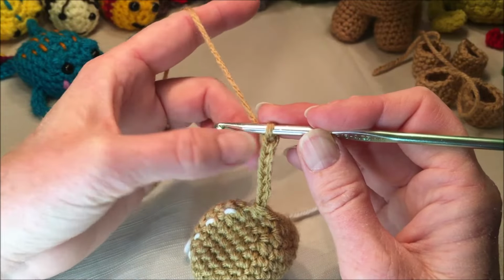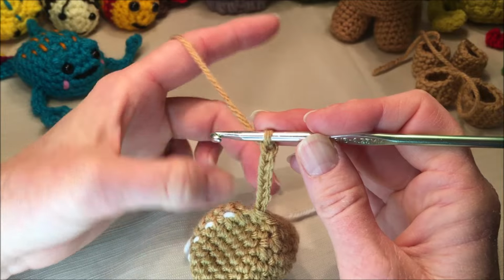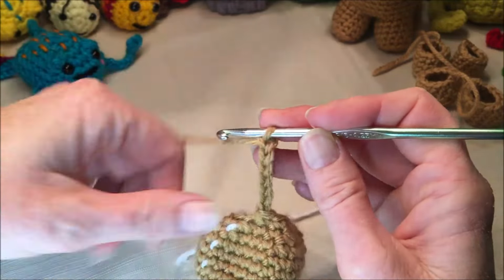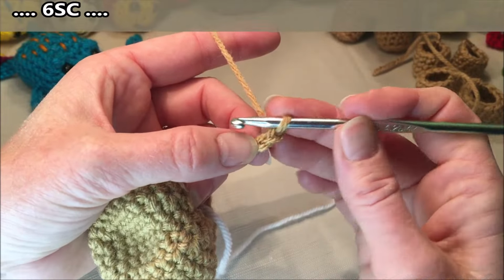Now we're going to go down this side of the chain. We're going to do 6 stitches, and then we're going to go around the head, 12 stitches. Then we're going to come back up the other side of the chain with 6 stitches. So starting in your second chain from the hook,